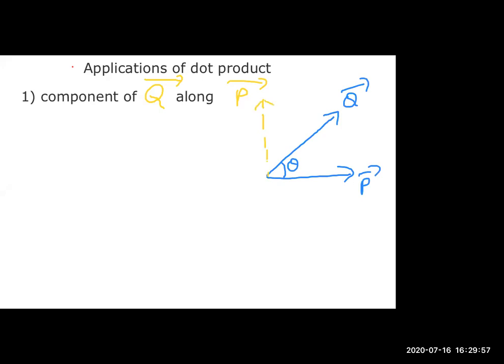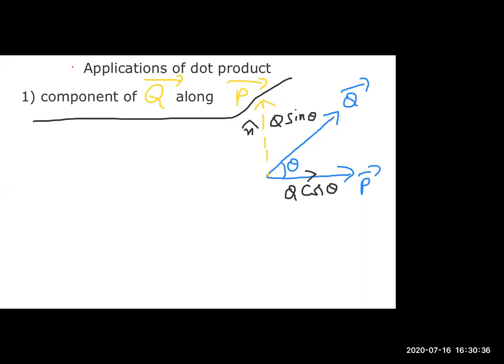Q bar into components means, observe carefully here. This is Q bar. It is making an angle theta with P bar. So it can be resolved into two rectangular components, one along P bar and another one normal to P bar. So now this Q bar I am resolving into components. What is one component? What we get along P bar, I can write as Q cos theta. Along the normal to this, I can write it as Q sin theta. This is Q sin theta, two components.